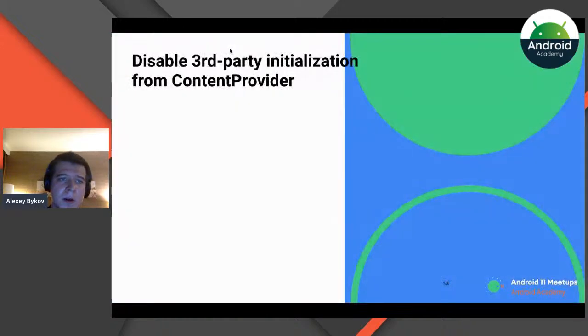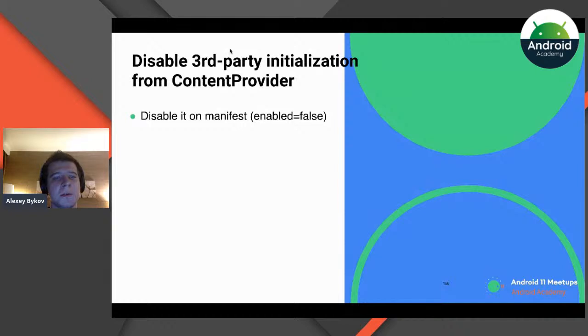How? We can disable third-party library initialization from the content provider. First, we should look inside the source code and find the content provider name, declare it in your application manifest file, and mark enabled as false. After that, you should create your own initializer and then copy and paste the data from the library's content provider to your initializer.